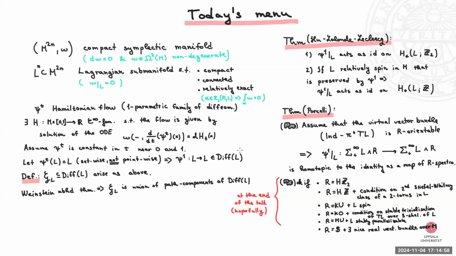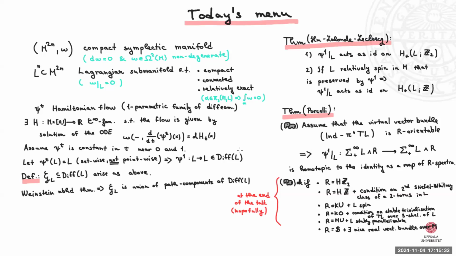But the point that you started with can somehow travel along the symplectic manifold, but it returns back to your Lagrangian L. It might not be the same point, so it might be that this restriction of the flow acts as something which is not an identity on your Lagrangian, but we actually don't know how it acts on the Lagrangian. And that's the main question of today.